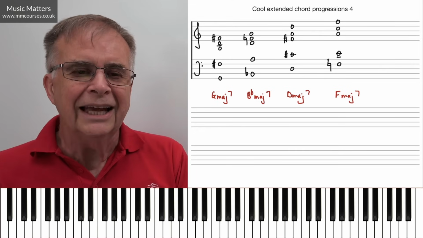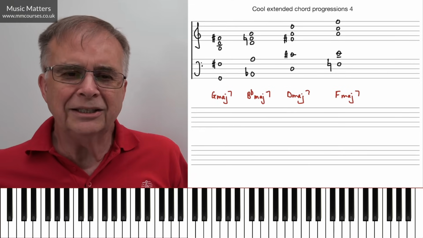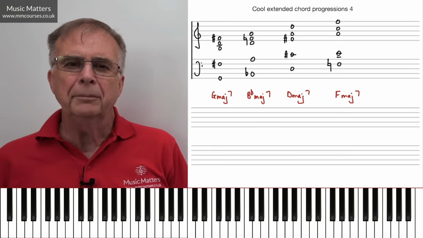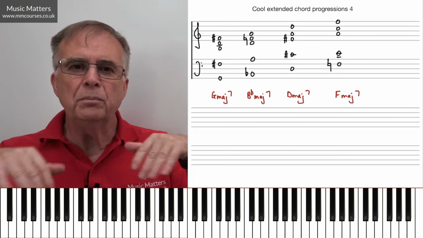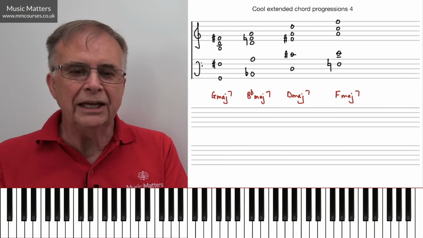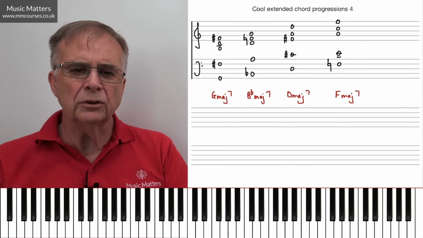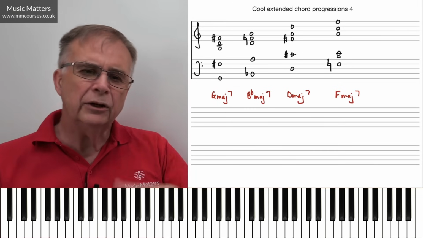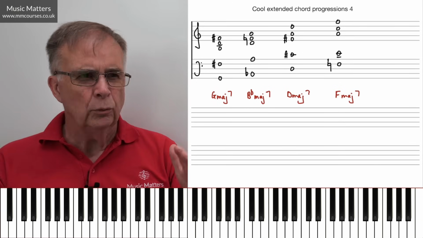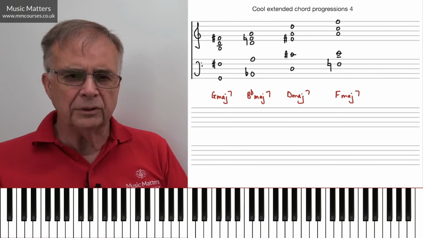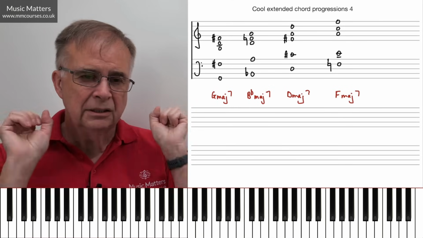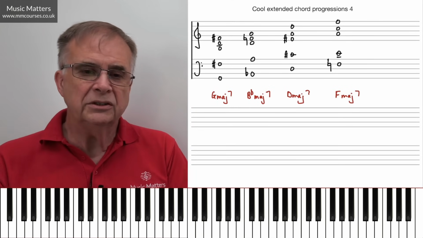Lots of possibilities. The great thing is that this is designed to give you a bit of confidence using extended chords, but also to invite your musical imagination to engage with this. If I've got these 4 chords, how would I get a melodic line to work over the top? How could I get a bass line moving? What would happen if I do it quietly and slowly? What would happen if I did it loudly, fast, punchy rhythms? What if I do something in between?